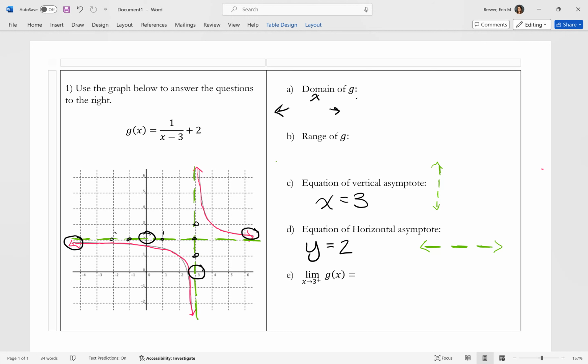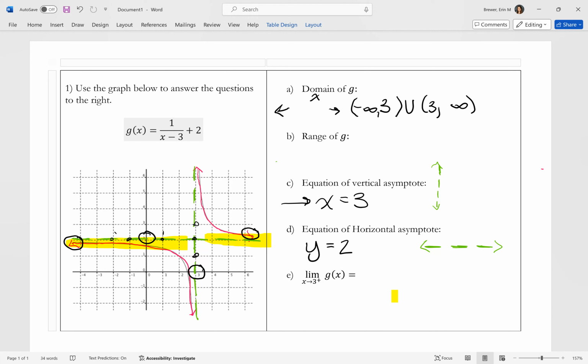So my brain wants to think that my domain goes from negative infinity to positive infinity because it goes forever left and forever right. However, there is one x value that does not exist on this graph, and that is where the asymptote is. We drew a vertical asymptote through the x value 3, meaning we have to jump over that 3 to go from negative infinity to positive infinity. If we visualize that on our graph, I can see that I'm going forever to the left, but then I have to pick up my pencil because I'm not going on that 3,